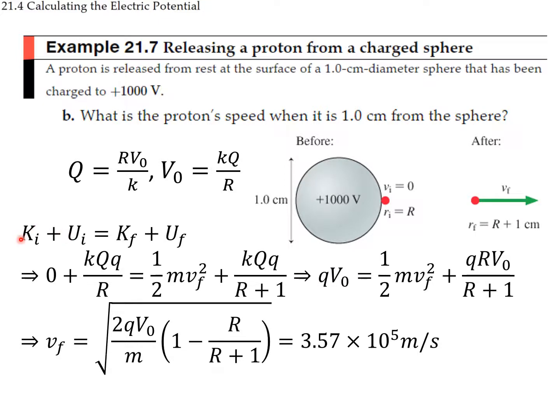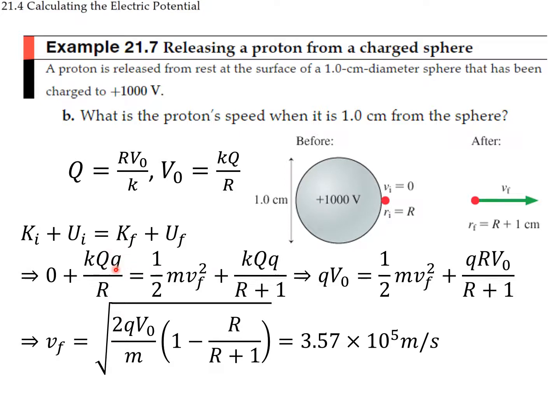The initial kinetic plus the initial potential is going to be equal to the final kinetic plus the final potential. Initially it's at rest, so the initial kinetic is 0. Initially the voltage is going to be 1,000. So we multiply the voltage times the charge